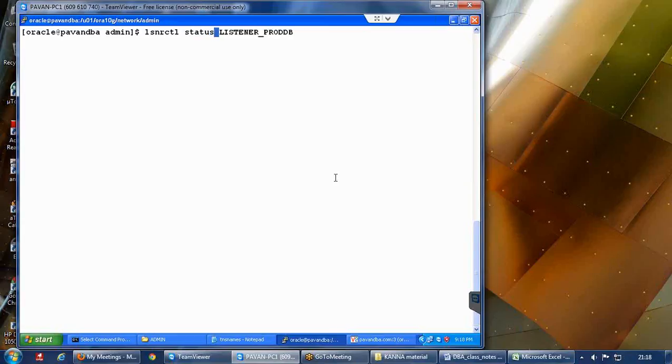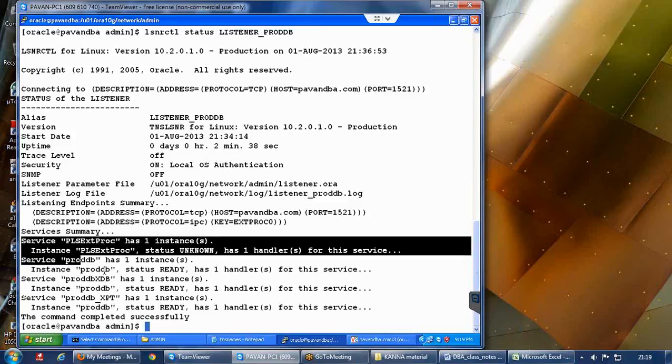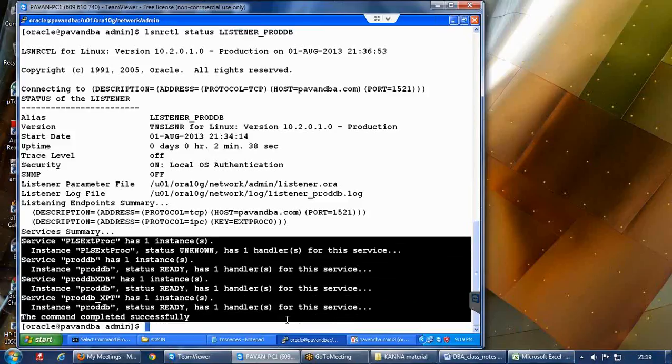As of now I want to check the status only, so I am using the command lsnrctl status, then the listener name. And when you look here, it is going to show you to which services or instances it is going to listen.